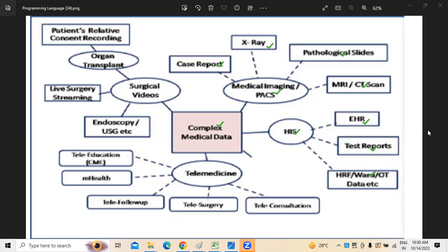The next one is telemedicine, right? Whenever we talk about telemedicine, we have tele-education, or the follow-ups we make through tele follow-ups, right? At the same time, consultations, because nowadays telehealthcare consultations as well as video consultations have increased in importance. So telemedicine and teleconsultations will also be involved in it. At the same time, from the surgery point of view, there are surgical videos, wherein the surgical